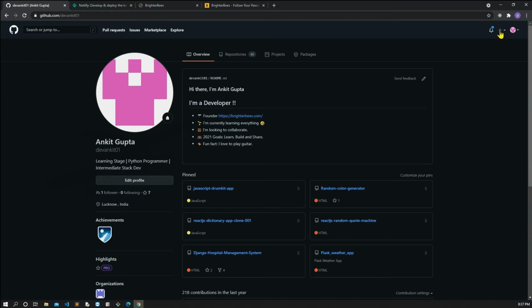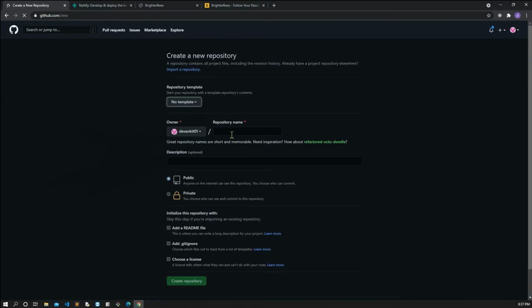So we have to create an account on GitHub, and then we have a dashboard like this. We have to click on the option available here, and click on new repository. Then we can create our new repository. Here comes an option for the repository name, so I am putting the name here.